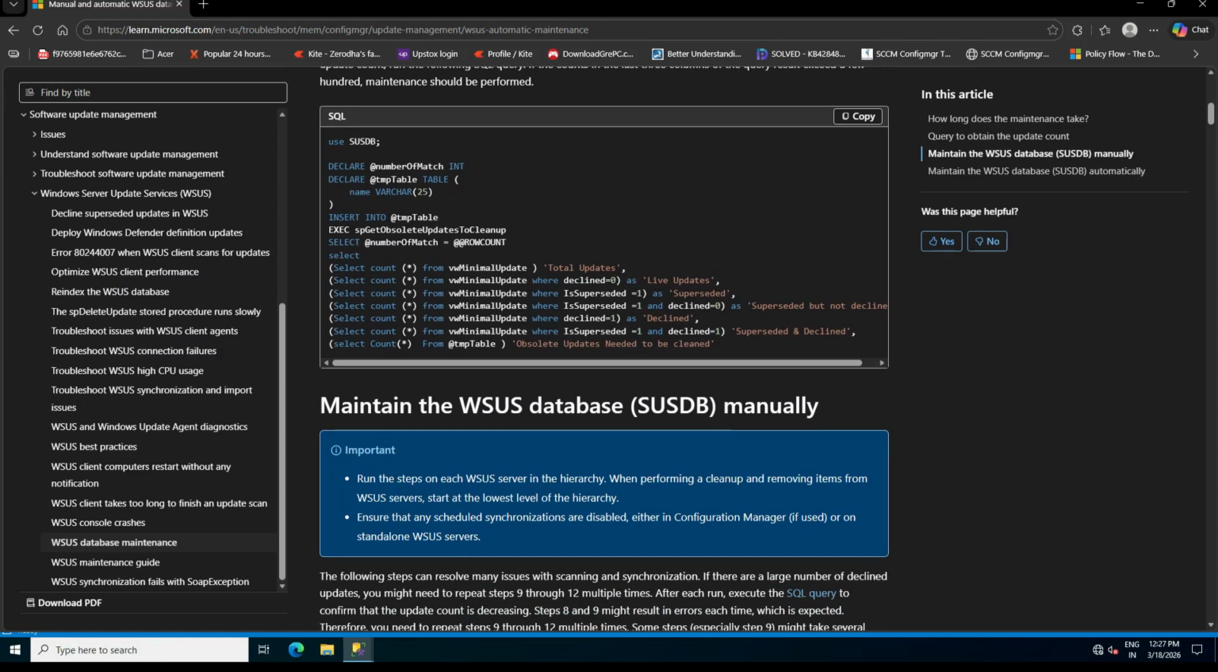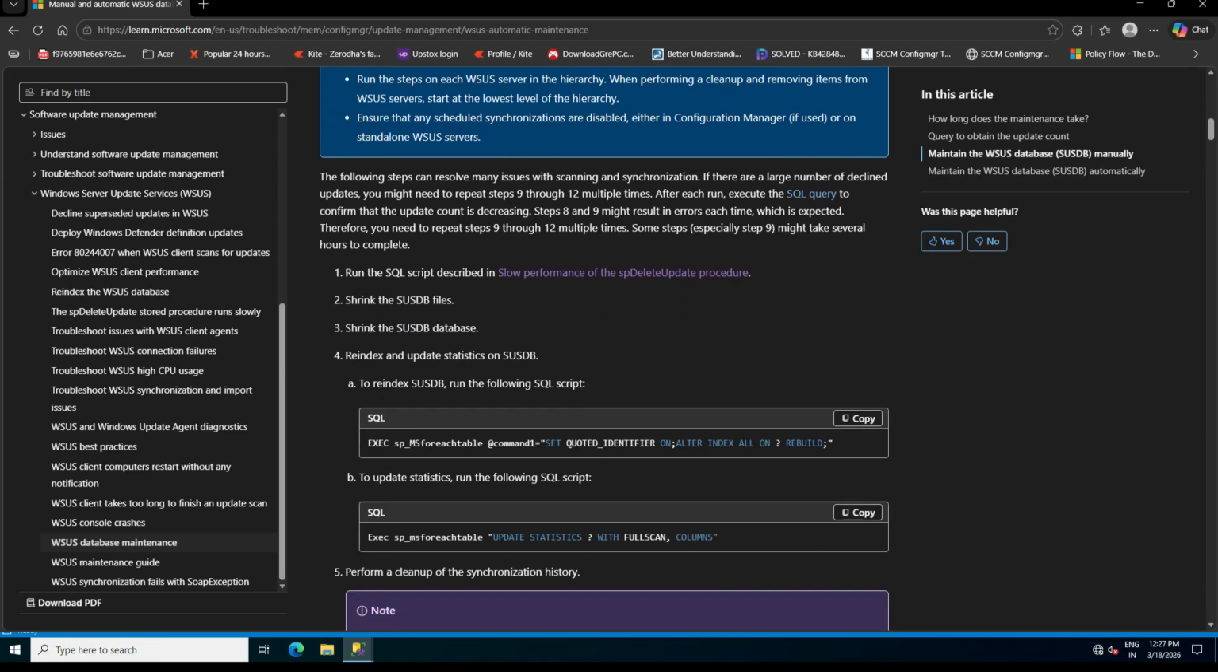So this is done, and now it is showing us to run the SQL script. This is something that we run just in case a database is huge and taking a good amount of time; this can help us reduce the slow performance. We are going to reindex the SUSDB. So to reindex,